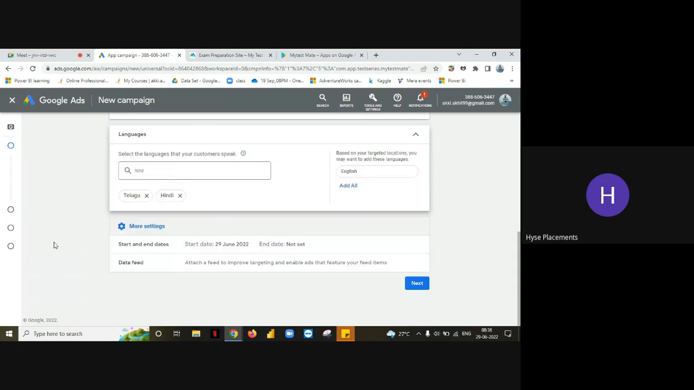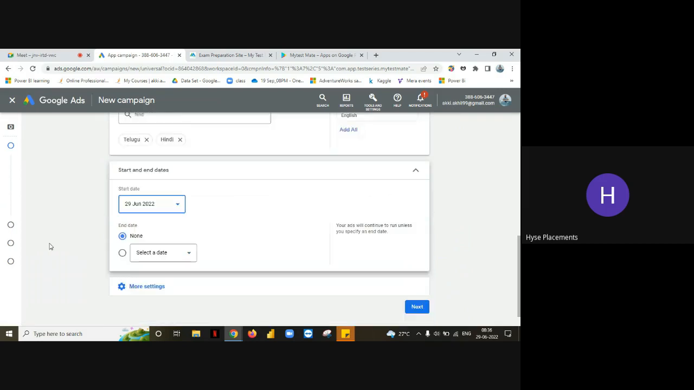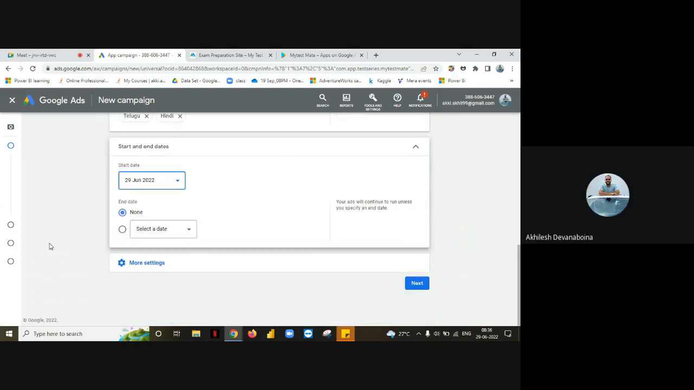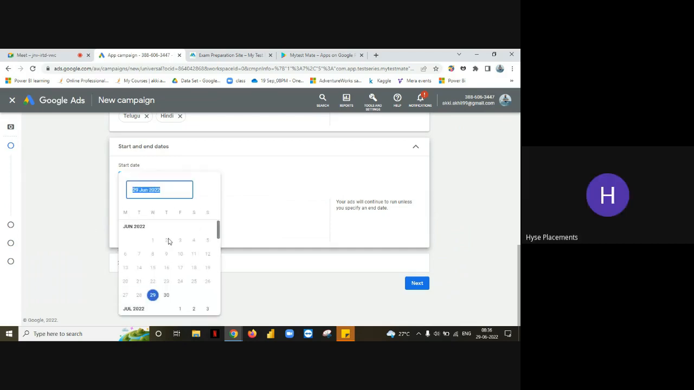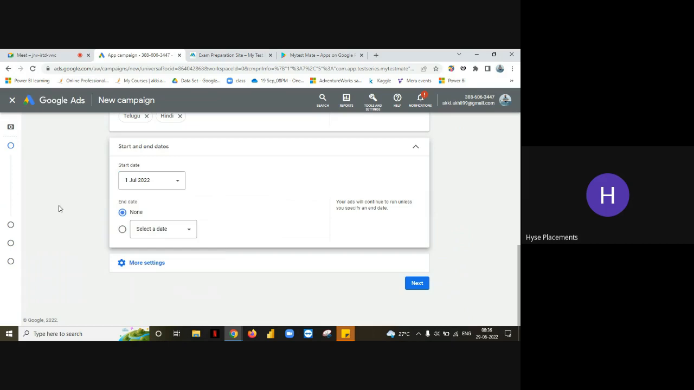And here you have to keep the start date and end date. July 1st. So, like you mentioned yesterday, we have to create a campaign 4 days prior, so that from the selected date we will be getting the results, right, sir? Yeah, 4 days prior. The start date is when we begin getting results,